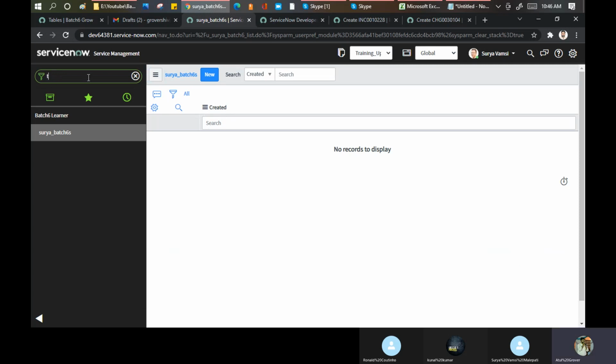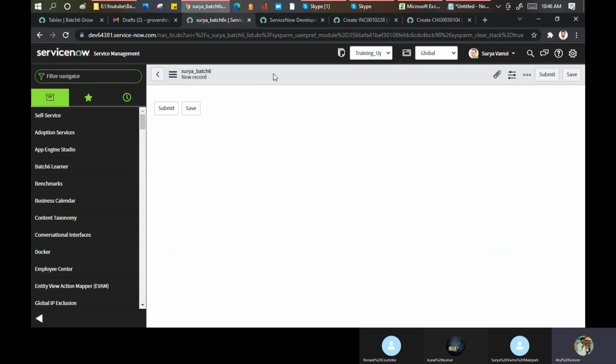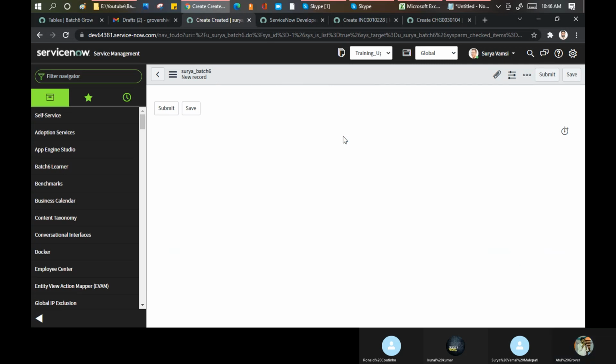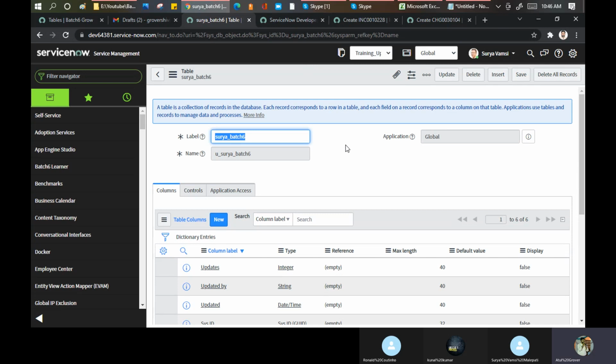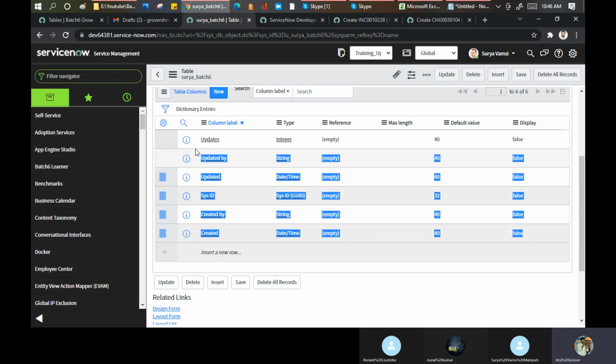Let's go back to our table. Okay, one shortcut I give you. Click here, new. Okay, right click, configure table. You will directly land into this table only. See. Now the thing is that if you are creating a table, these 6 fields will come automatically. These are the default.